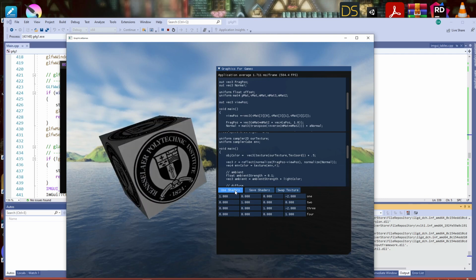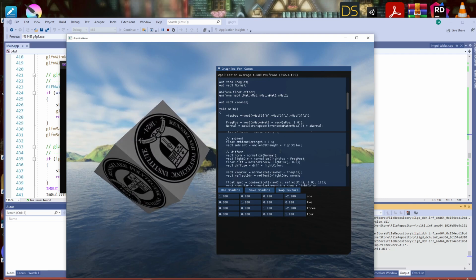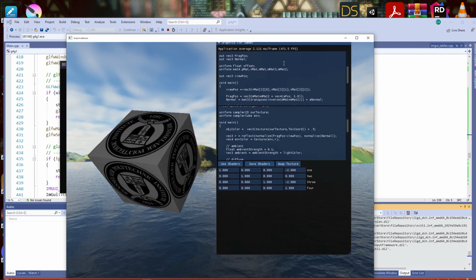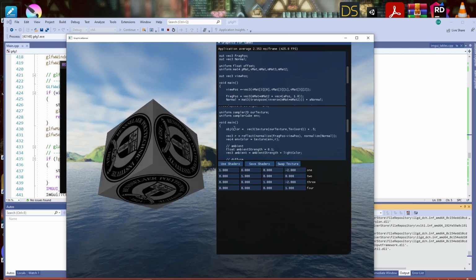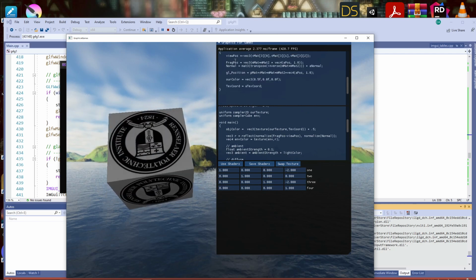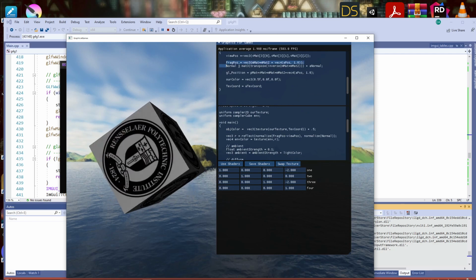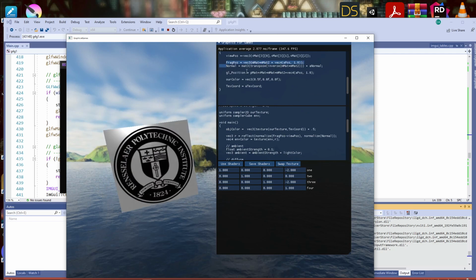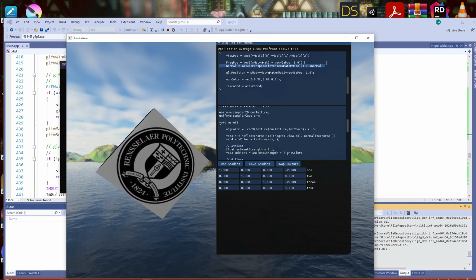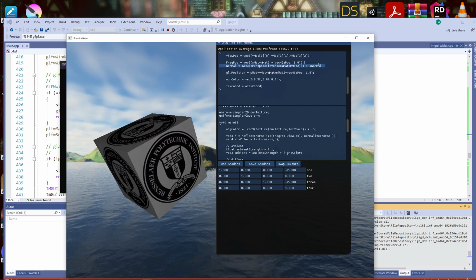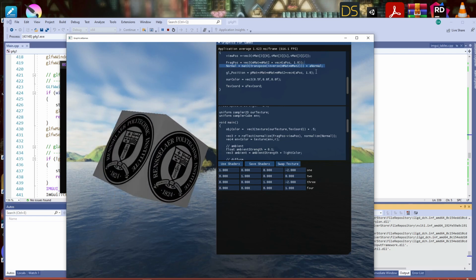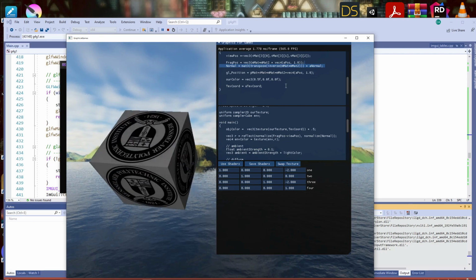So this is using our good old ADS, where we had to set up a position for our fragment. We have a normal for each vertex. So we're reading a vertex array of normals. Vertex array of normals? I think that's right. Okay. Did I say that?